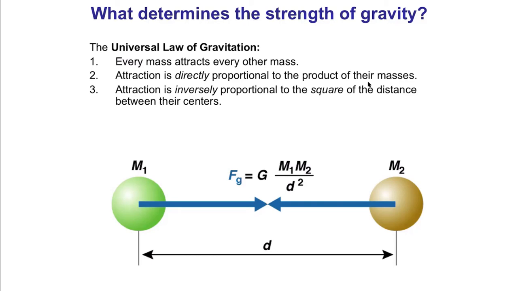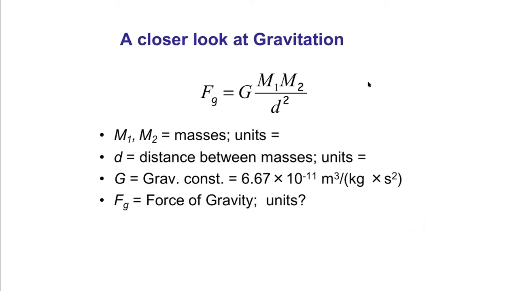Okay, let's take a closer look at this equation. F sub g, the sub g just refers to the fact that this is the gravitational force, is equal to, on the top of the equation, these two masses, m1 and m2. It's going to be important, as we're using this equation and all equations, to understand the units of every quantity involved. So m1 and m2 are masses. The units that we typically use for mass is kilograms,